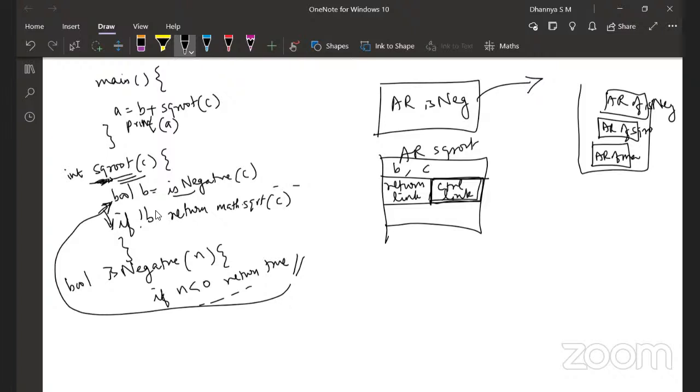Now, the return link contains the information as to where the return value will be stored. The calling method needs two pieces of information. One is where to resume the execution of the program from. Second is where it will find the return value. That is all it needs to know. It doesn't have to know what happens inside the is negative method. To continue its execution, all it needs is where the execution has to continue from and what the return value is from the method which has been invoked.